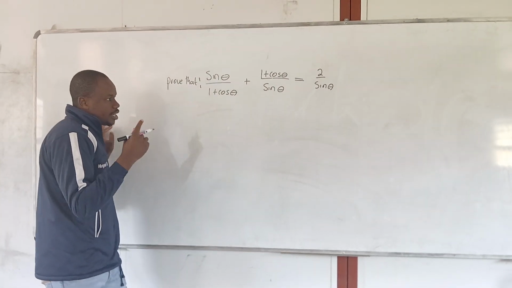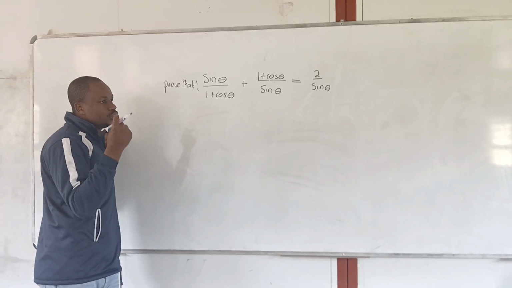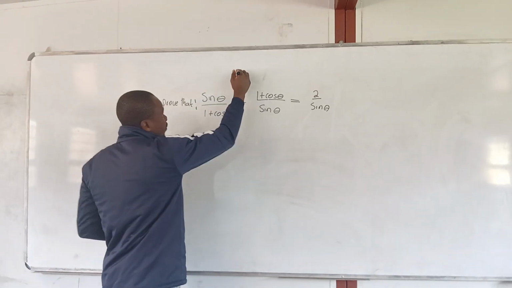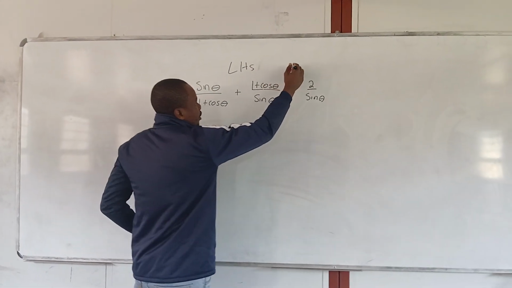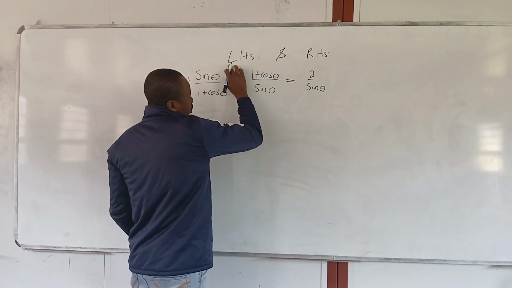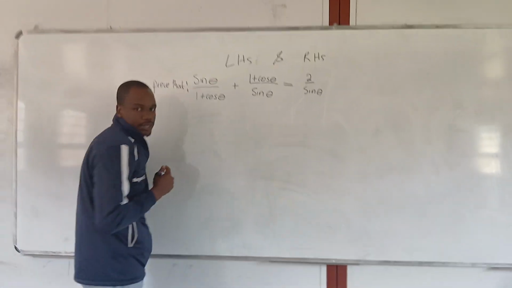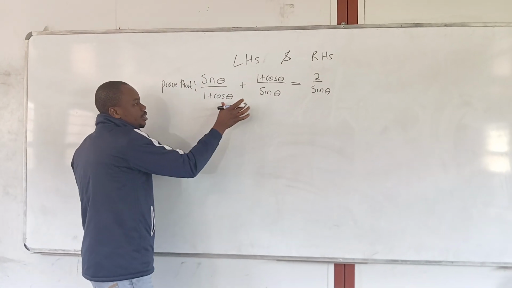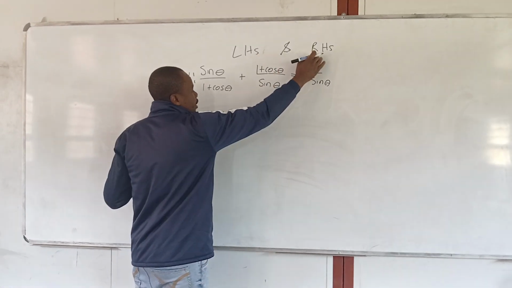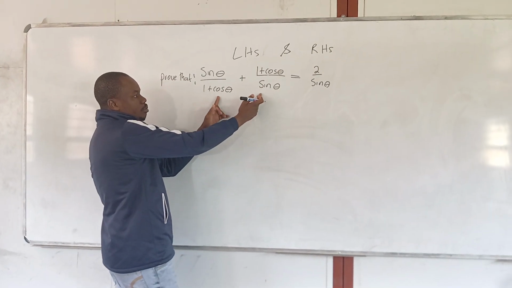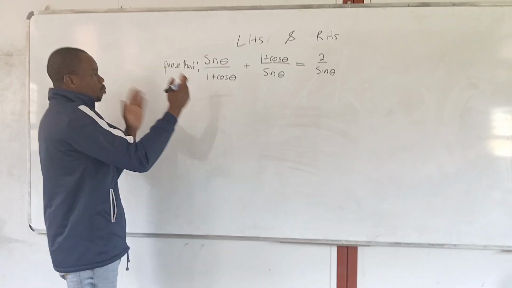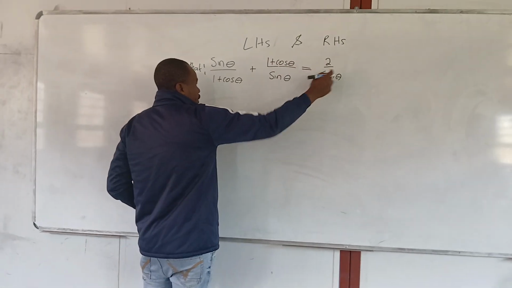The advice that I can give you is that you need to check the most complicated side between the two sides, because you have the left hand side which is equal to the right hand side. Let me say you have got the left hand side and the right hand side. You always start with the most complicated side. Whenever you check these two sides, you can see that the most complicated side is the left hand side. So just use the left hand side to prove that it is equal to 2 divided by the sine of